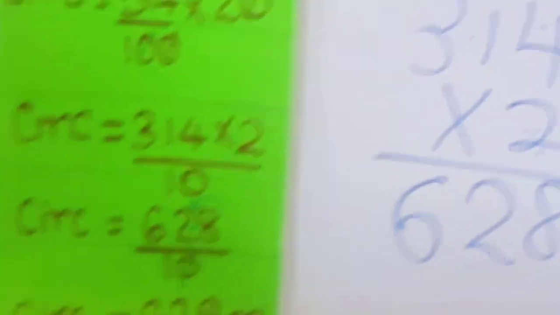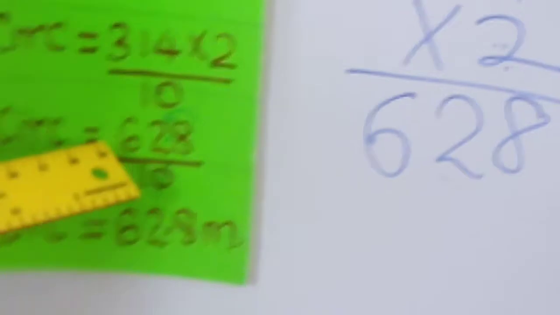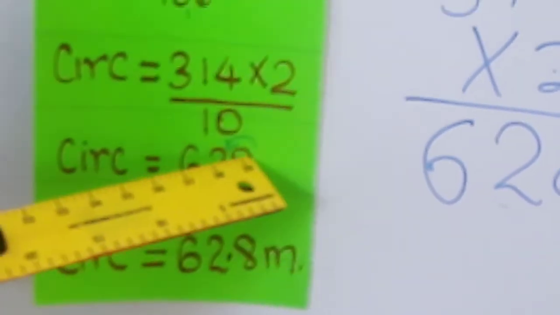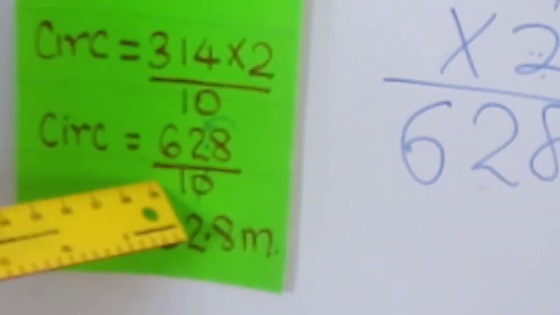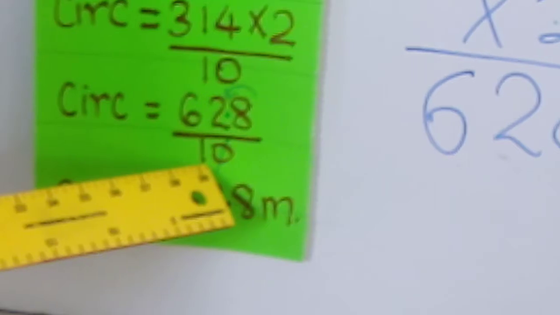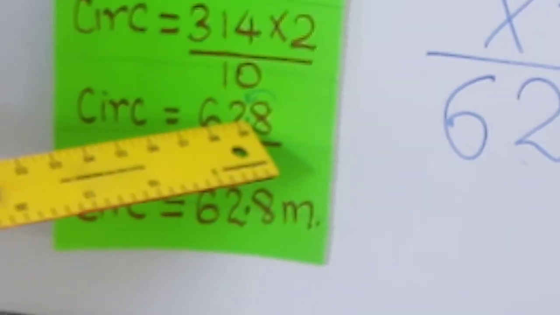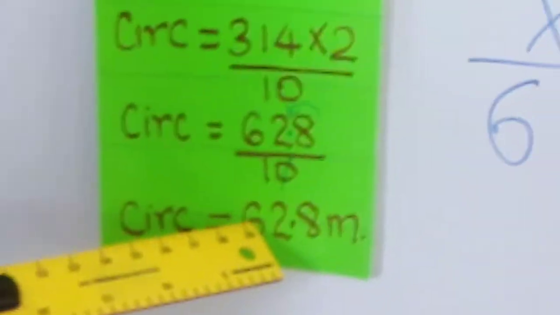So we'll get 628. So it is here 628 over 10. Dividing by 10, we cross the 0, and then it creates a decimal point there between 2 and 8. So the answer becomes